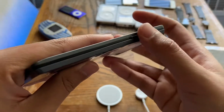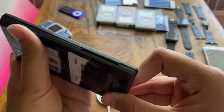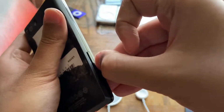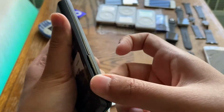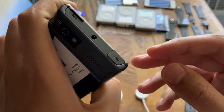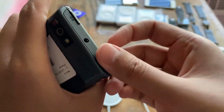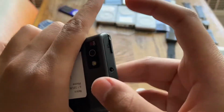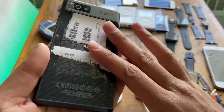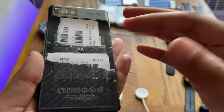Volume rockers on this side, they feel pretty decent. At the bottom we have nothing, and at this side we have the SIM slot plus the micro SD expansion slot behind a flap-like thing. Moving up, we have the micro USB port behind this flap-like thing, and we have a 3.5mm headphone jack plus the power/lock button there. At the back, we have a sticker over the sort of Kevlar-like design you found on